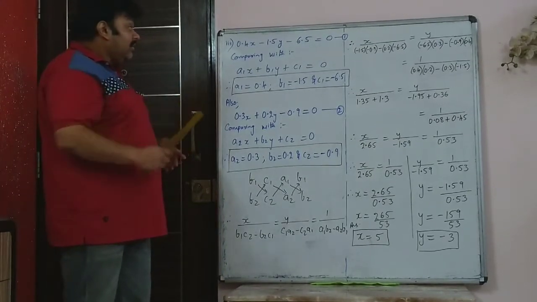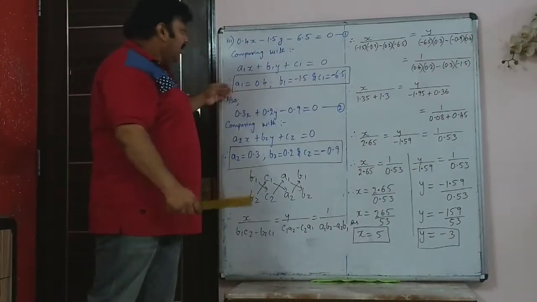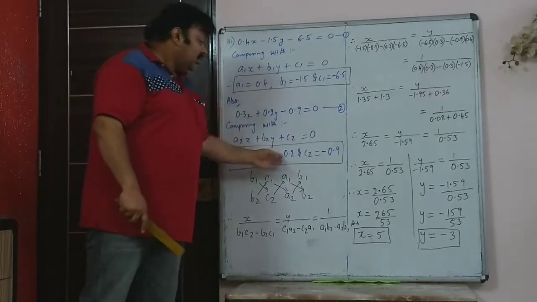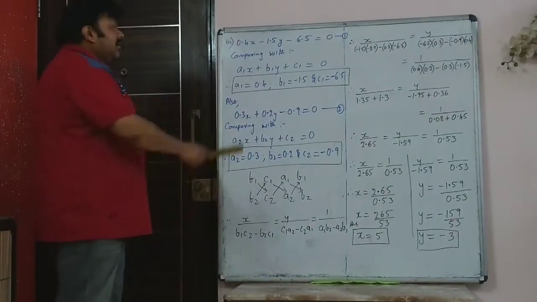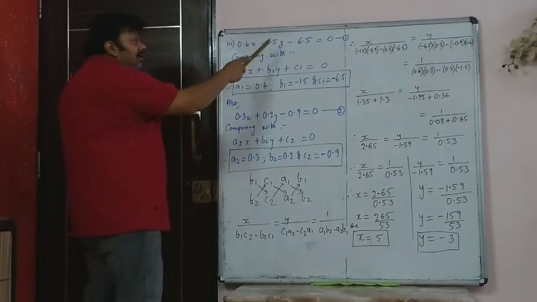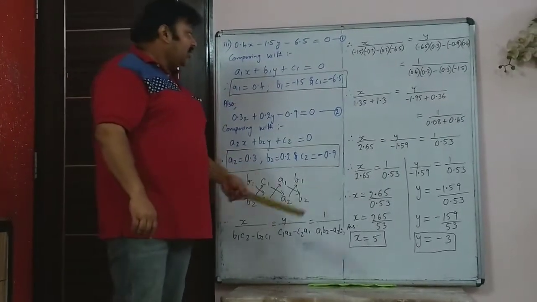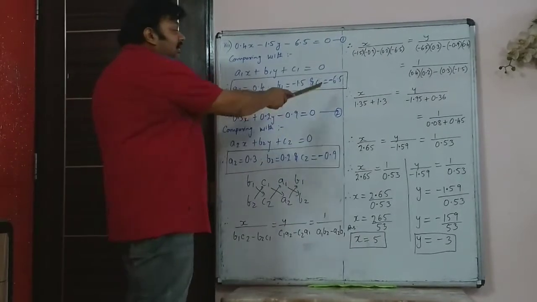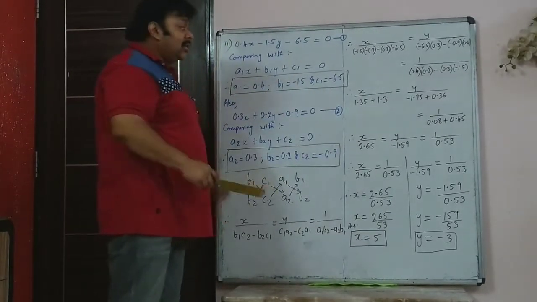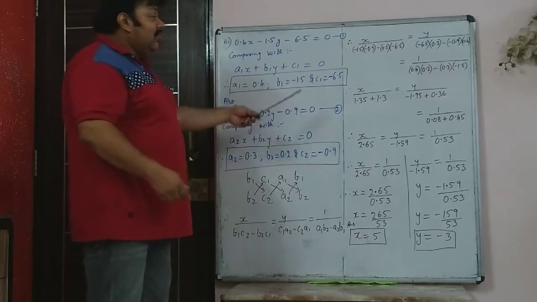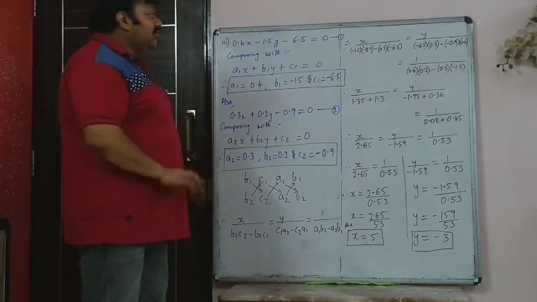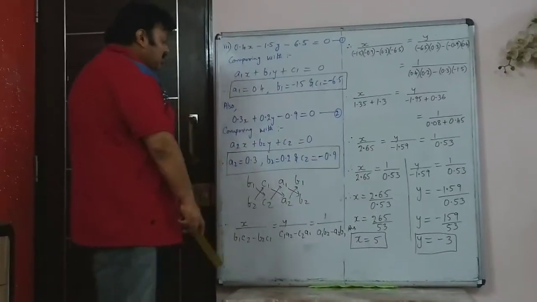So that you don't have to search, you highlight this. A1 B1 C1 A2 B2 C2. That line highlight and see if you have a big handwriting after each line, leave a line. So that nothing gets confused or mixed up. Many times I've seen that the minus sign is not put properly. So when you write the next step, you forget that was minus and you take it as plus. So be careful on those things.